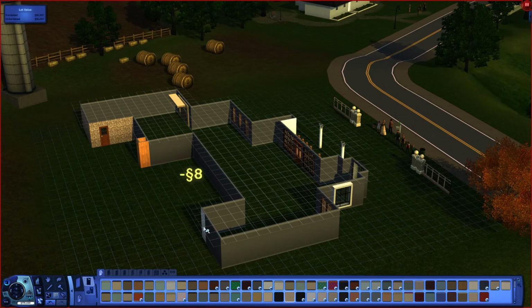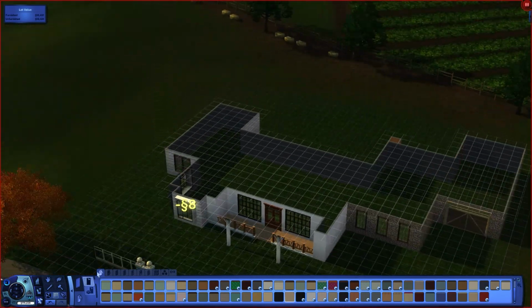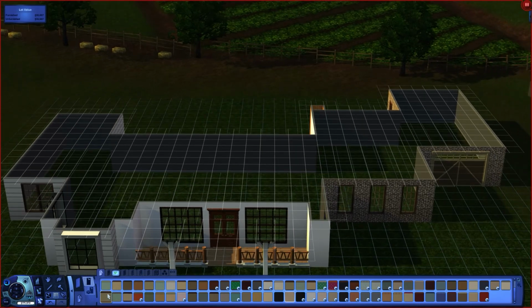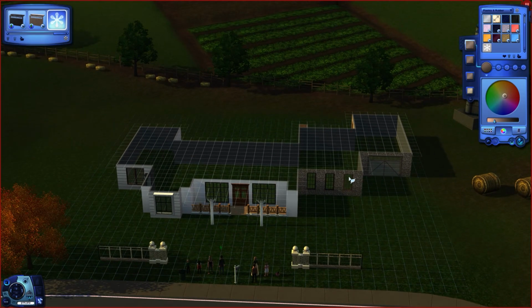So I've already decided on this layout for the bottom floor. Basically I went on Pinterest and found a picture of a house I really liked. It didn't have a floor plan, it didn't have the back view, so I've made up the majority of this, but I have hopefully made the rooms big enough